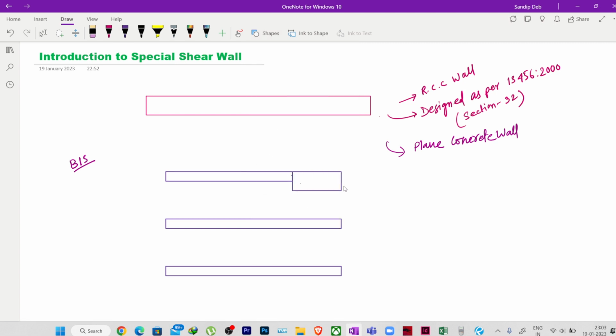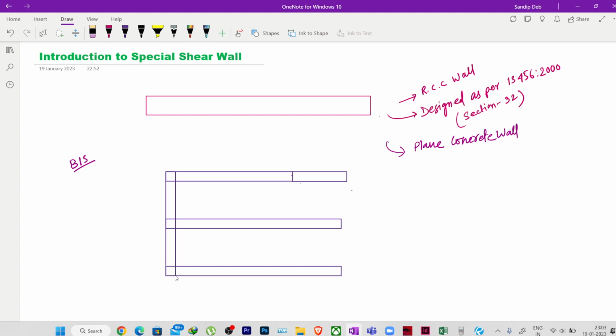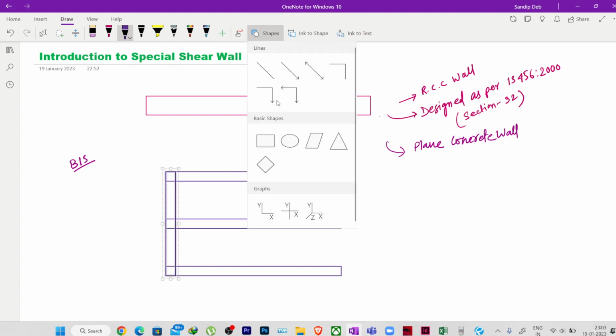Let me draw it like this, in this direction also. So I'm drawing a frame kind of like this,